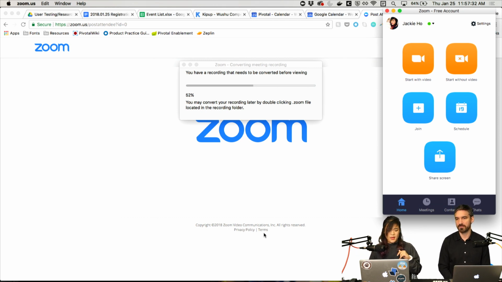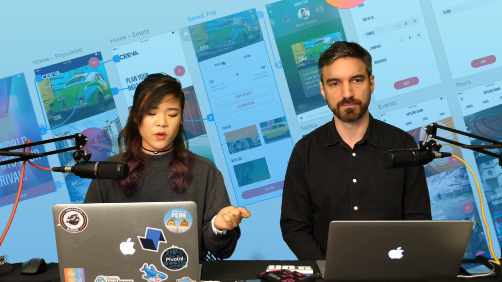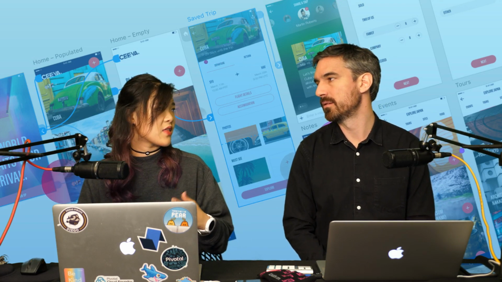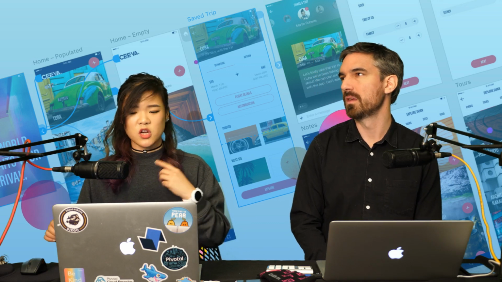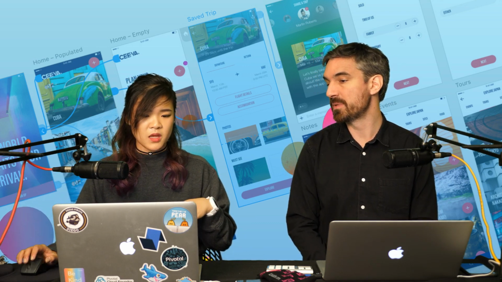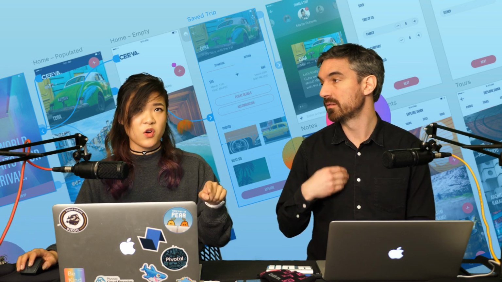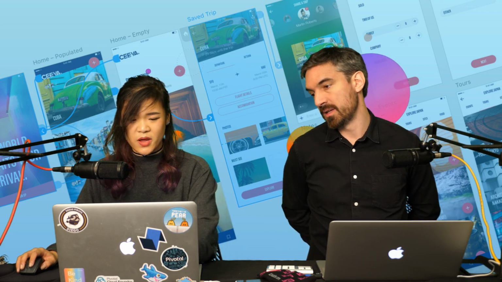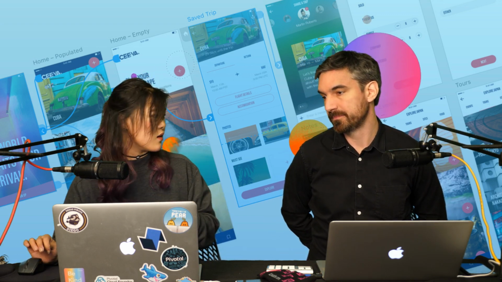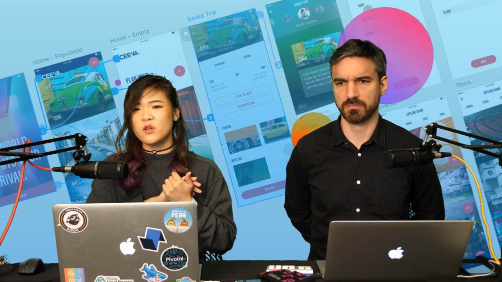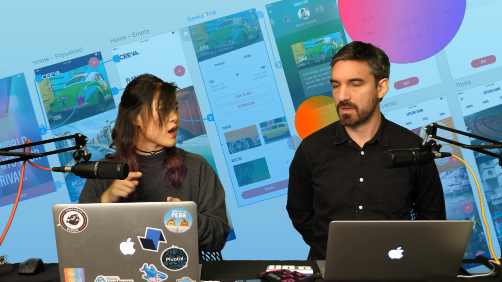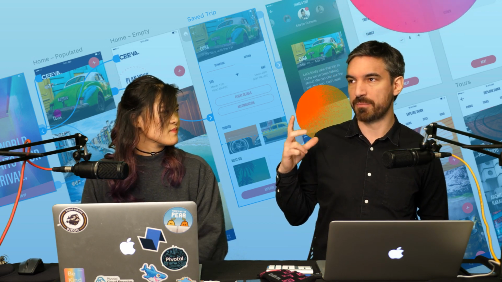I sent that to Tim, and what he had done is he connected his iPhone with a cable into his laptop. So the laptop was showing his face, and with the cable connected to his phone, there's an option directly in Zoom to screen share iPhone, iPad via cable. And that way we can both see his face as well as the phone. Because I thought it was really important that he actually pulled up the prototype on his phone and clicked through it, because you could see in real time what he was seeing also.